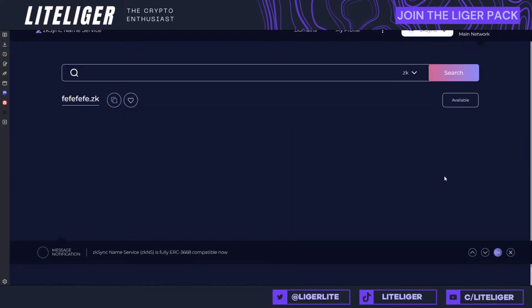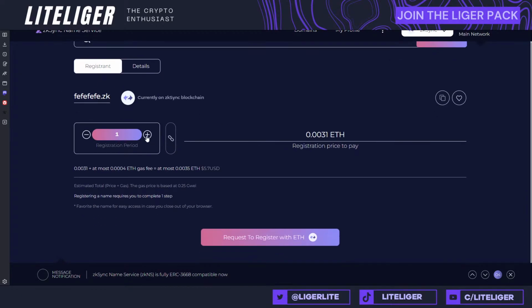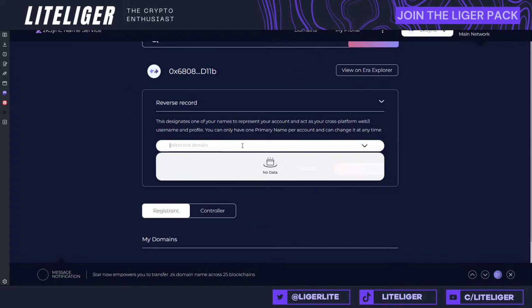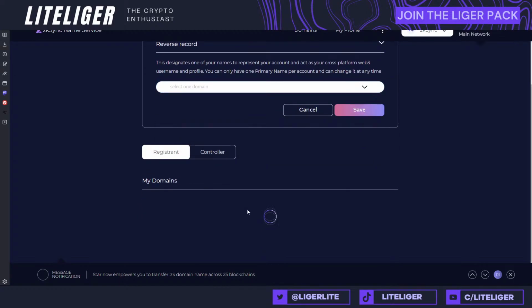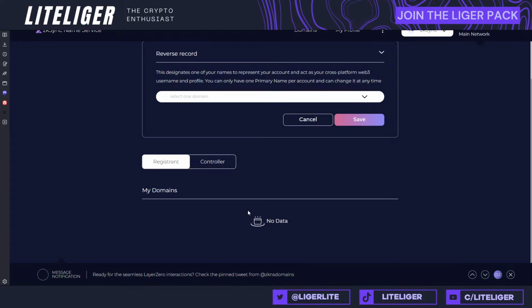So the registration period in years is also probably going to be a criteria for the individual airdrop by the zkSync Name Service. Just saying. So you want to take 2 years, 3 years, chances are you're going to be getting twice as many tokens by paying twice as much on the gas fee. So that might be worth it. So maybe consider taking 2-3 years if your budget allows it, okay? Just saying. But apparently the domain is not showing up here. And that's because it probably is still registering. So it's not going through on the chain yet.